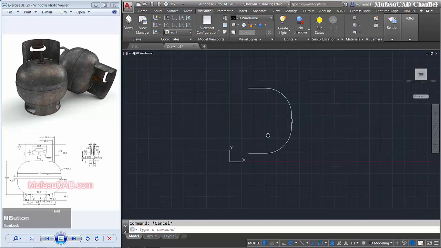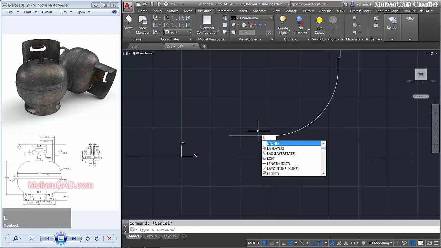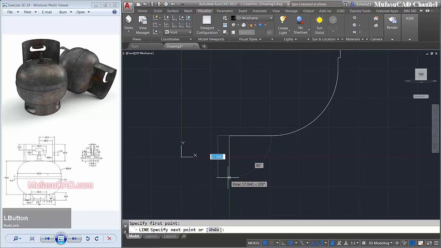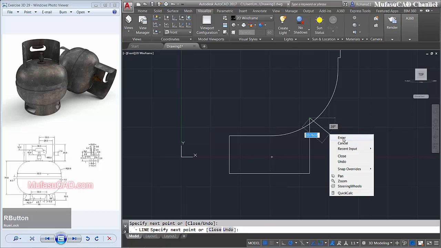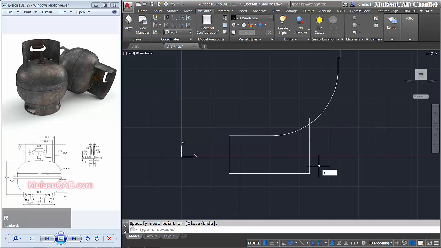Okay, next I will create a line, start from this point to the bottom 16, move to the right here 34, and move to the top here. Right click and enter. Use the rotate command.